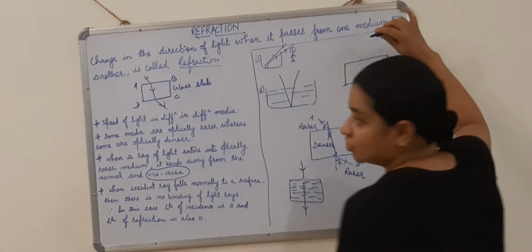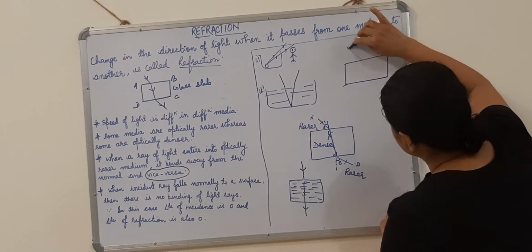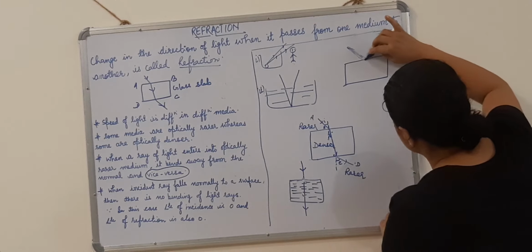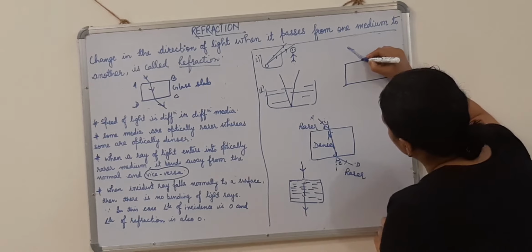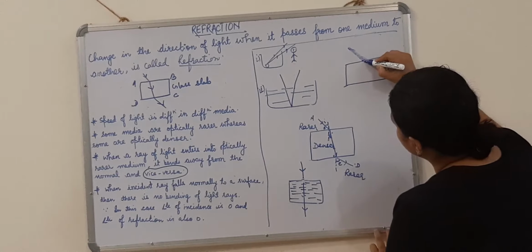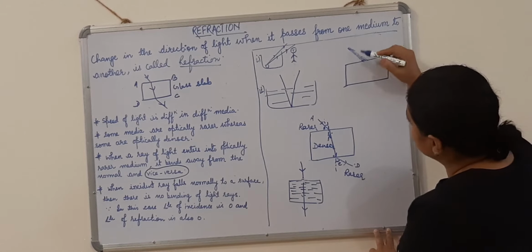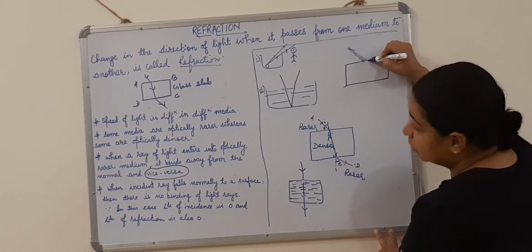Children, a ray is not made up of just one line. It is made up of many lines like this. See, in this case, when the ray of light is falling, some portion of the light ray is entering here faster in comparison to this part of the ray. This part of the ray is hitting the surface earlier in comparison to this part.